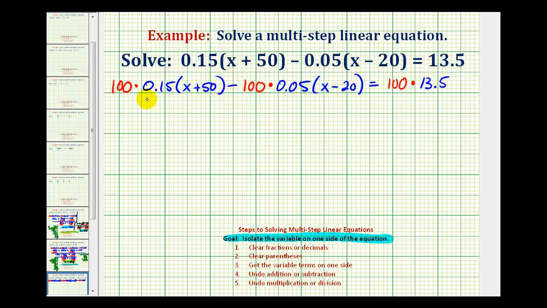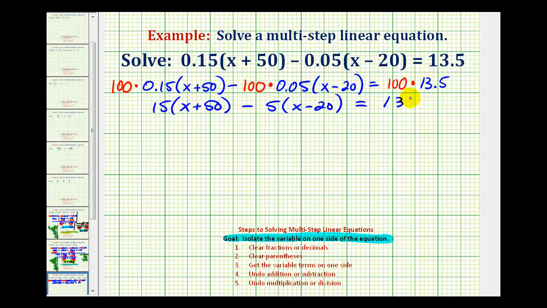So again, multiplying by 100 is equivalent to moving the decimal point to the right 2 places. So 100 times 0.15 is just going to be 15. So this becomes 15 times the quantity x plus 50. Minus 100 times 0.05 would be equal to 5 times the quantity x minus 20 equals, now for this last product, to move the decimal point to the right 2 places, we do have to add a 0, so we'd